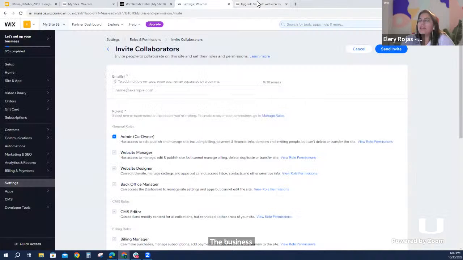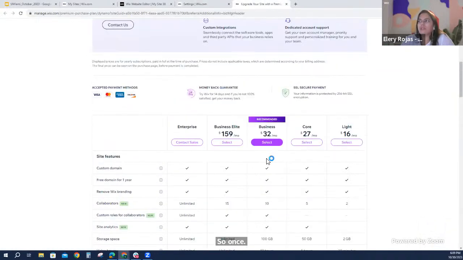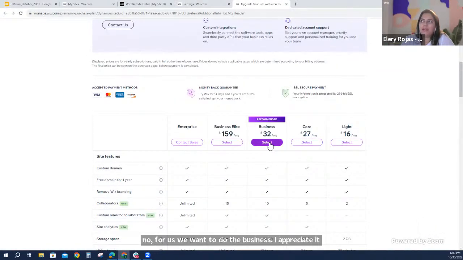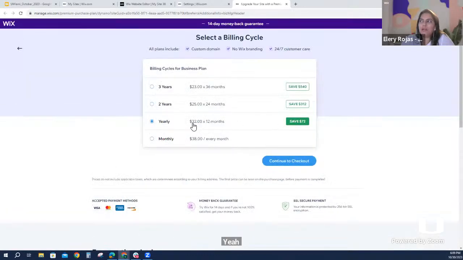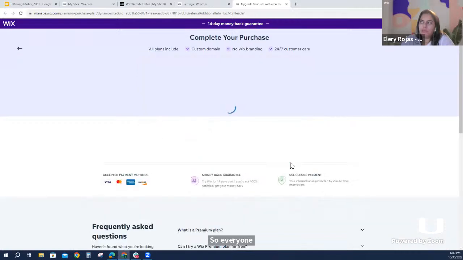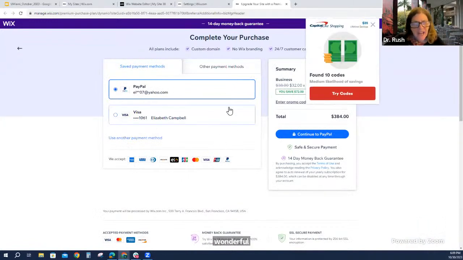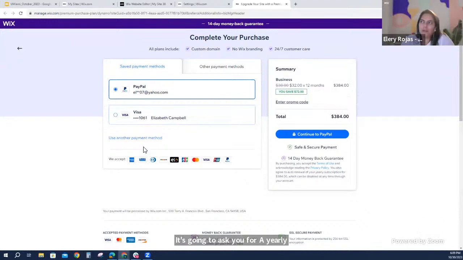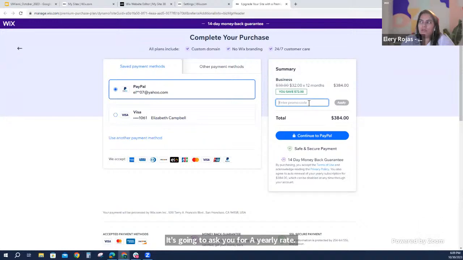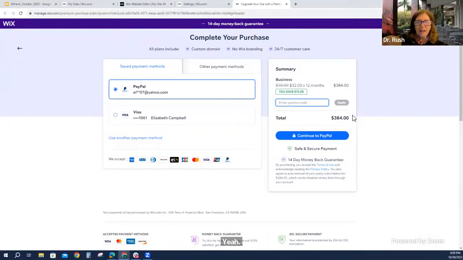Now, something that your professor wanted us to mention, again, for the class, it's free for a year. It's going to ask you for the yearly rate, and it asks for a payment card. Folks, this is important to pay attention to. When we upgrade, it'll say a yearly rate. It'll ask for a payment method, but you want to add your code so that this becomes 0. You don't want to be charged. Everybody understand that? Lauren, did you hear that?